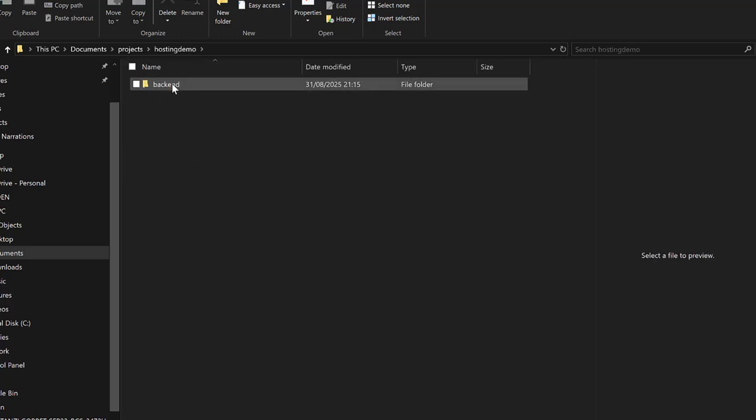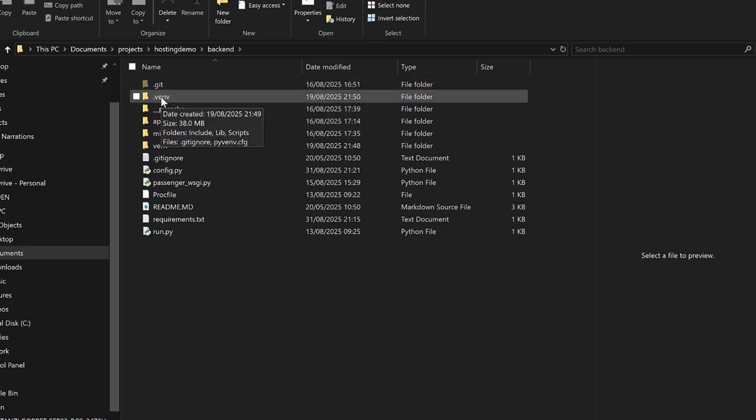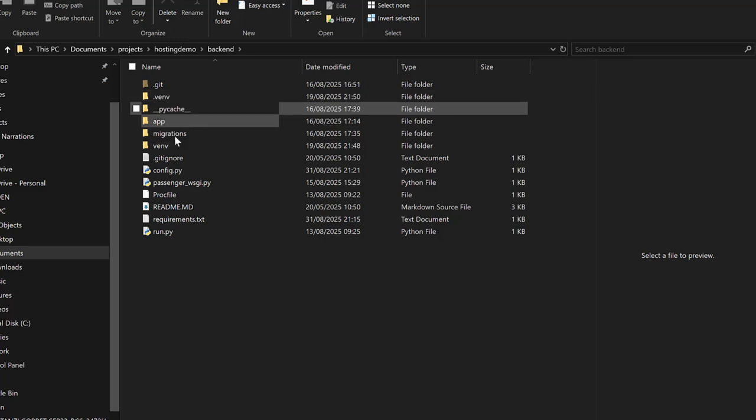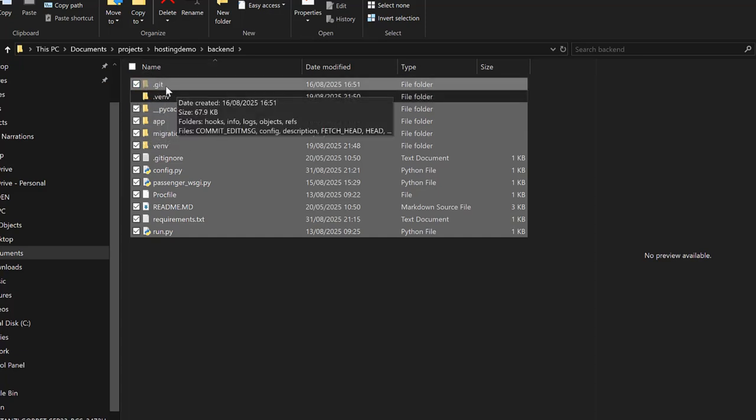So I go ahead and open it up. And then within this folder, I do have the backend folder. So within the backend folder, you see that I do have a .git and then the .virtual environment folder. So I'm first of all going to do a Ctrl+A, then unselect the .env subfolder. At this point of time, I feel like I can